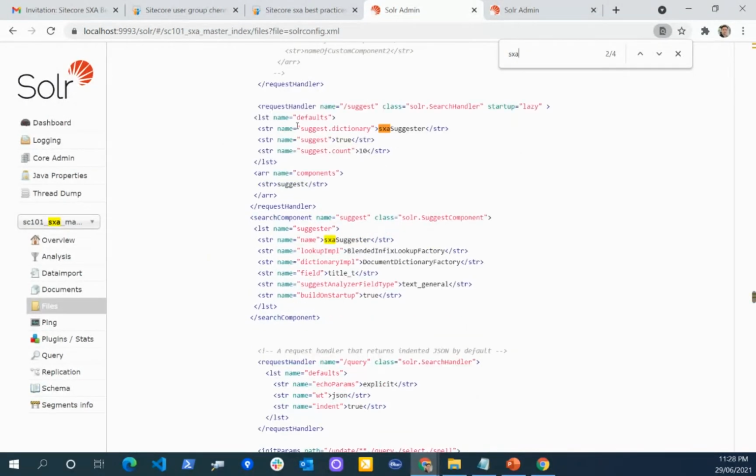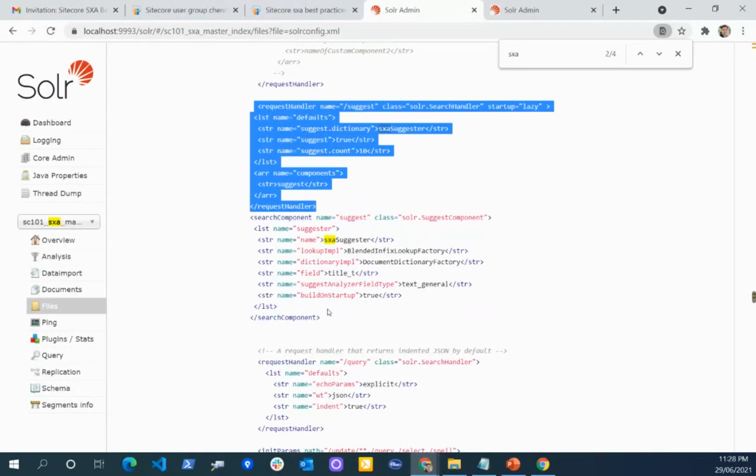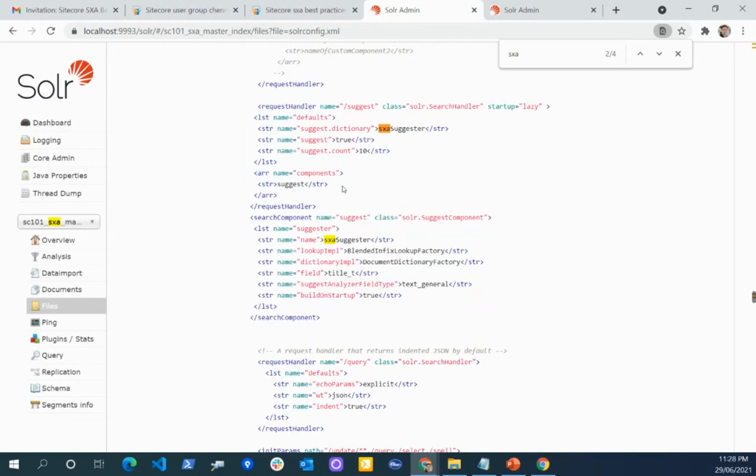So you need to define this handler, and then you need to define the component. Now you will serve these requests from Solr. Now you can see I have defined the text type, which is text general, and then I have defined a field so that it will do the suggestion based on the title field.